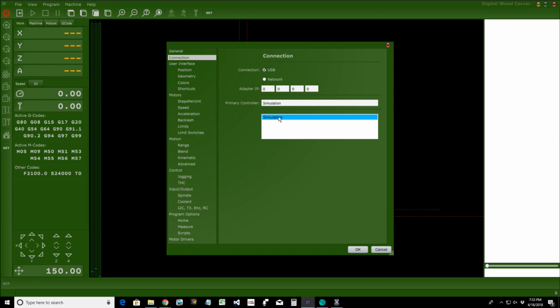In order for me to be able to teach you this stuff, I need to be working in simulation. But your license code is going to be listed right under the word simulation. You're going to double click on your little license code, your board serial number, let's call it. You're going to double click on that, and it's going to put that board number up in the primary controller box. And when you click OK,